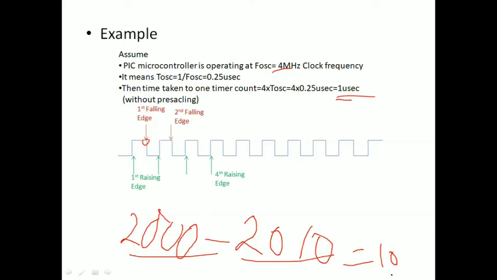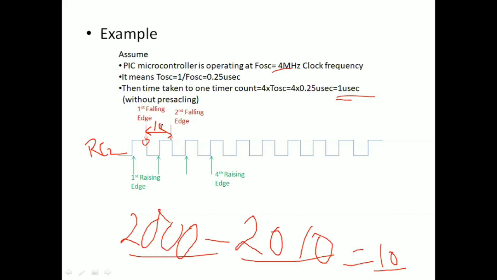So now you can find out the time between these two successive falling edge signals. That will give the time period of the clock signal that is applied at RC2. Here, 10 counts means 10 times 1 microsecond. So the time elapsed between these two successive falling edge signals will be 10 microseconds.